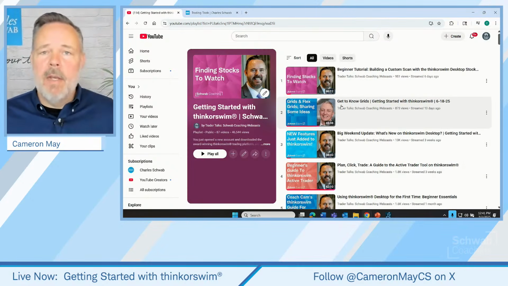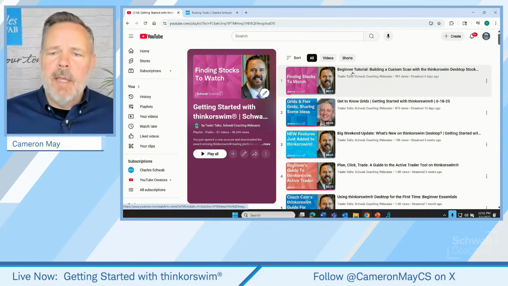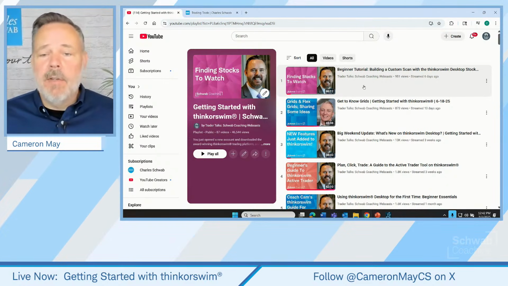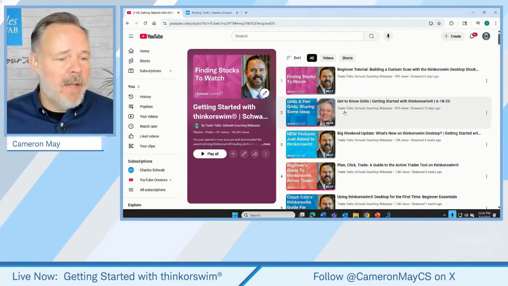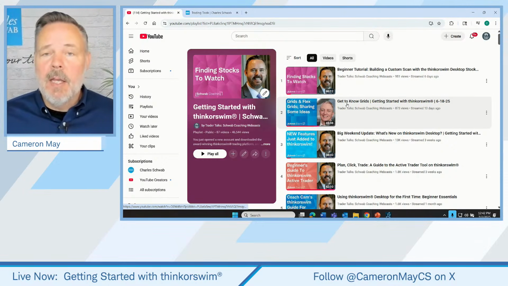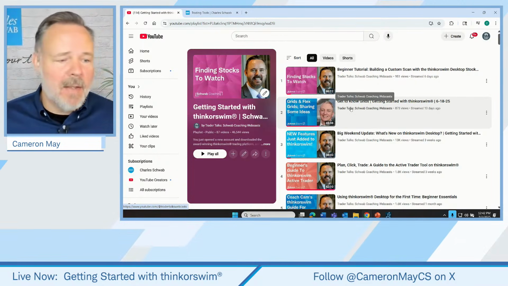And you'll be able to see Lesson 1 here pretty soon. Lesson 2 is upcoming. Last week, we had a beginner tutorial on building a custom scan with Thinkorswim Desktop. So you can check out all of these. Hey, there's Kevin. He filled in for me a couple of weeks ago, getting to know the grids, setting up multiple charts on Thinkorswim at the same time. Nice topic there, Kevin.